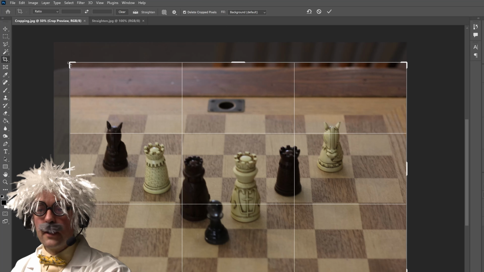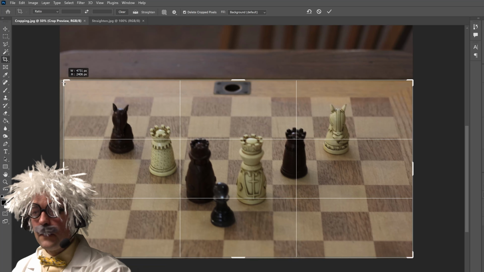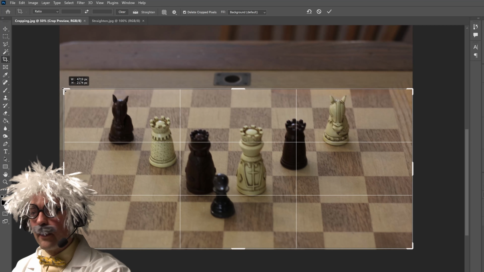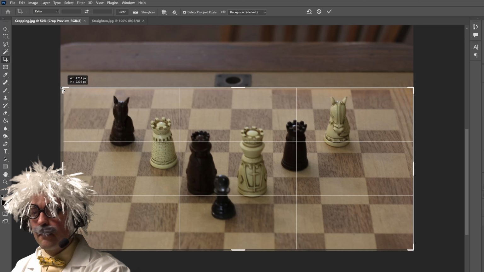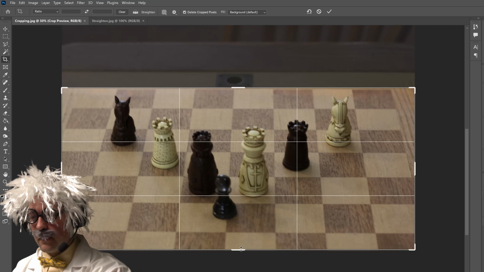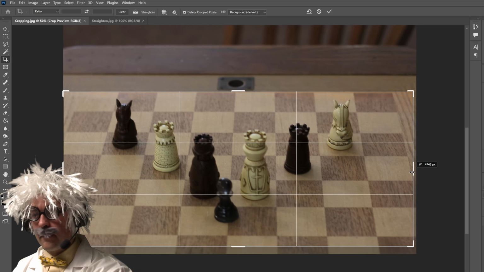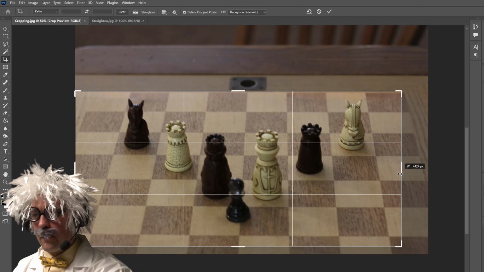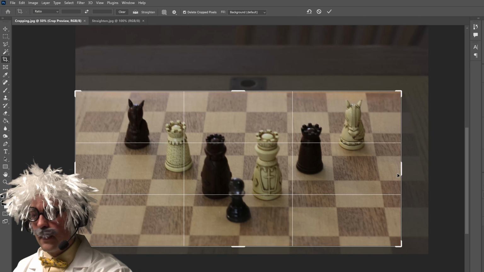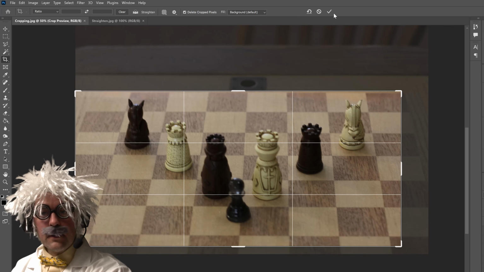So I've got my ratio set up here. I want to crop out just below that little piece right there, about like that. There. And I'm going to use this grid that it gives me to make sure that this pawn is near the middle. With that pawn near the middle, about like that. And then I hit Enter to accept,